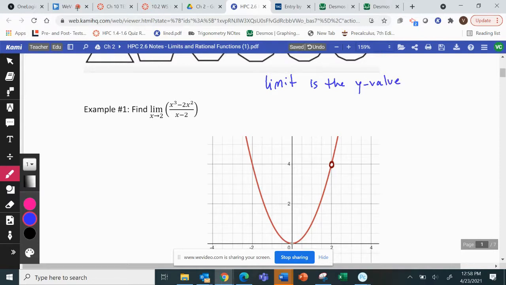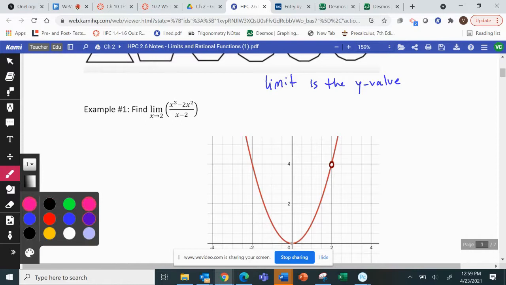So this is saying find the limit as x approaches 2 of the function given here. Now, you won't always have a graph. First time you're seeing limits, I have a graph for you right now. So in order to figure out the y value in which x approaches 2,